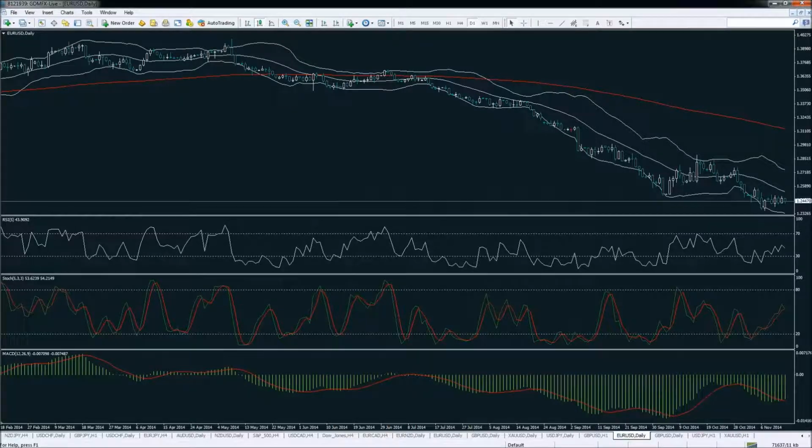Okay, let's talk a little bit about what MACD is. Now, the MACD histogram measures the distance between MACD and its signal line. This is the 9-day exponential moving average of the MACD. Like the MACD, the MACD histogram is also an oscillator that fluctuates above and below the zero line. And the zero line, you can find it